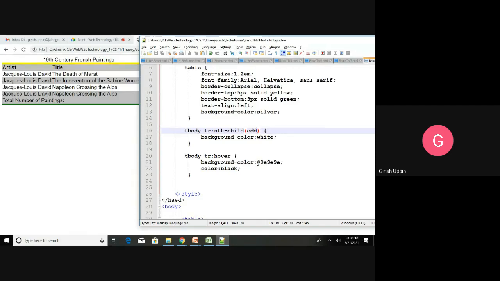Background color black. So whenever we hover the mouse over the tbody tr row, it will automatically change the background color. So if you see here, now it has changed the color, isn't it? So we can use the hover property. You can say this instead of this.